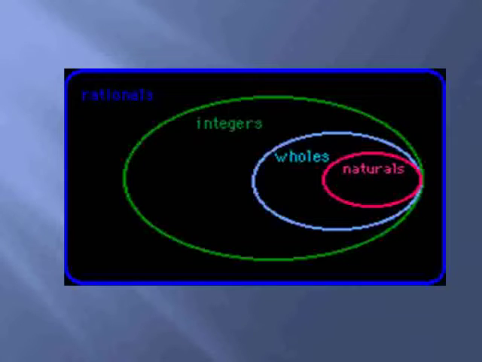Now this is a chart showing you that all the natural numbers and whole numbers come under the integers. Natural numbers 1, 2, 3, 4, 5 to infinity, and whole numbers, meaning 0 to infinity, come under the integers. All the negative numbers and positive numbers with 0 are all integers.